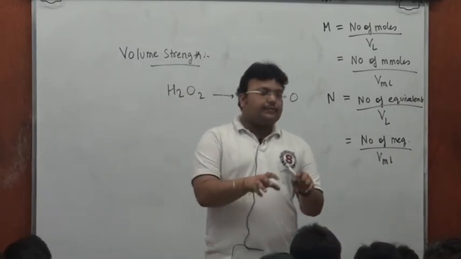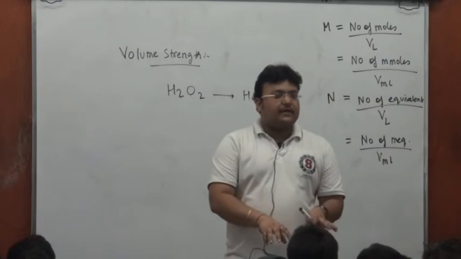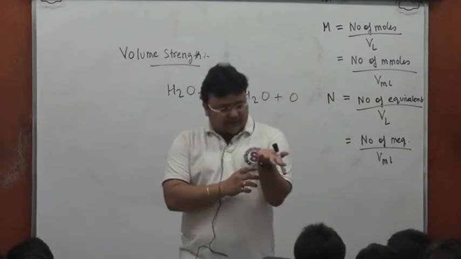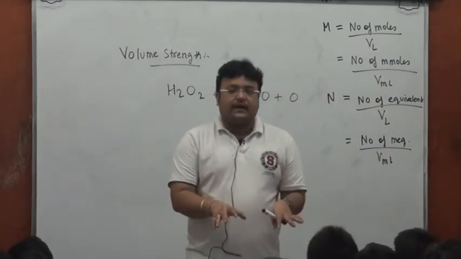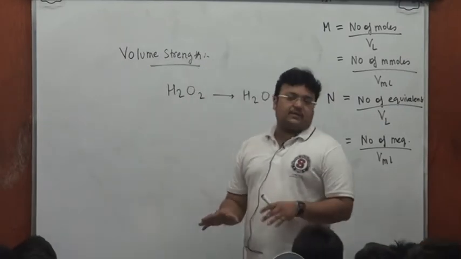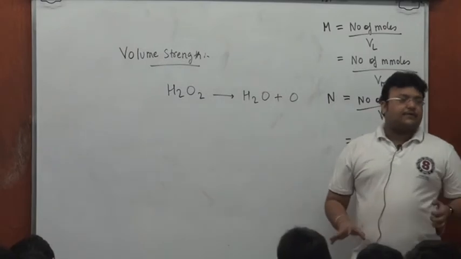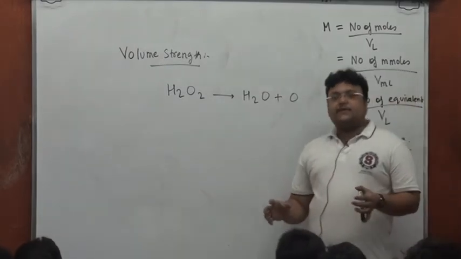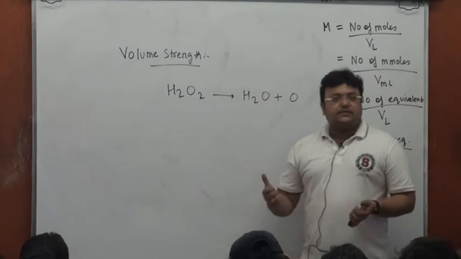I repeat, because peroxides are unstable, they will not come from any other oxide, and the rule would be a peroxide will be obtained from another peroxide. Please take a note of it. So to get H2O2,